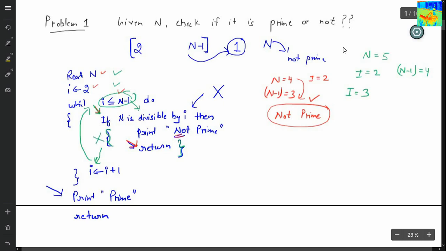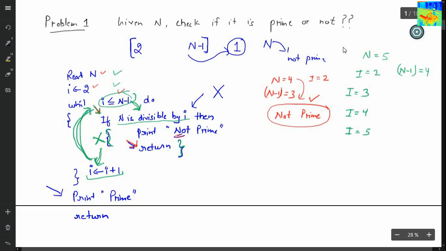This statement will not be executed and you reach here. Increase the value of I by 1. So the new value of I is 4. Then you check the condition again. Is 4 less than or equals to 4? The condition is true. You come inside the loop. Is 5 divisible by 4? No. So this statement will not be executed. You increase the value of I by 1. So the new value of I is 5.